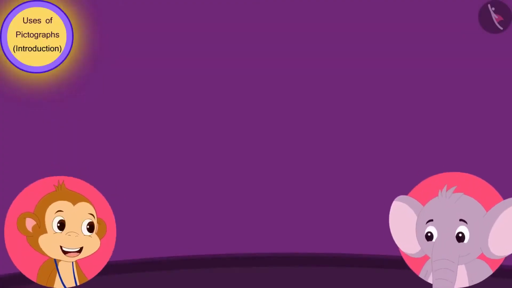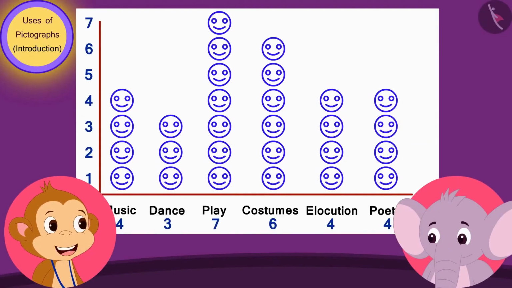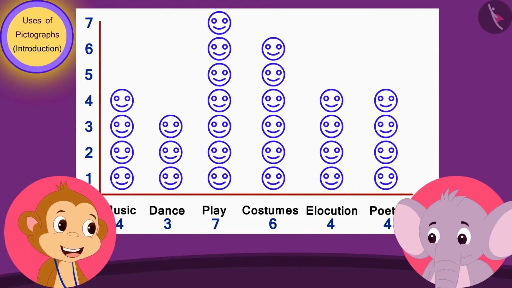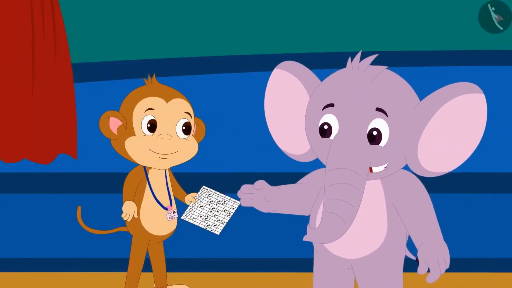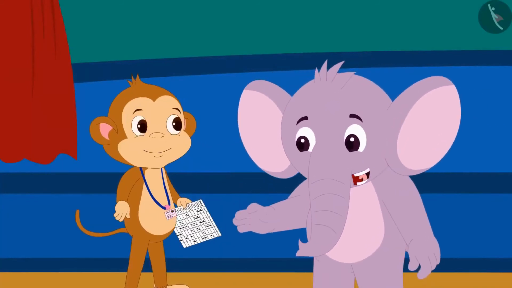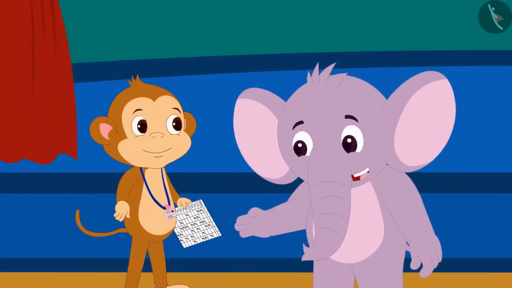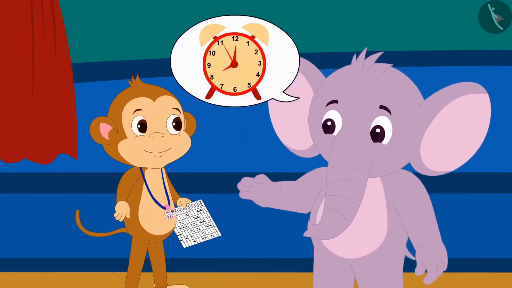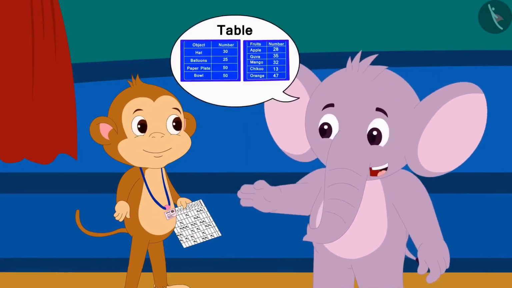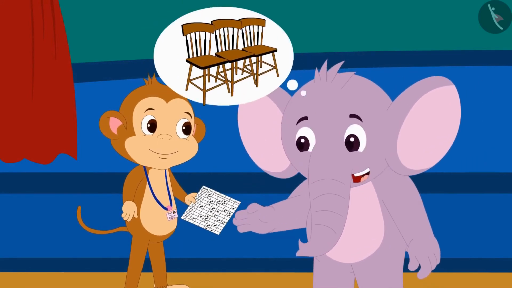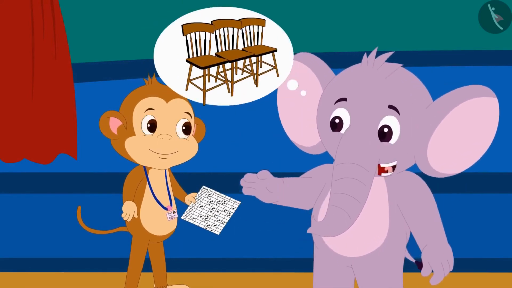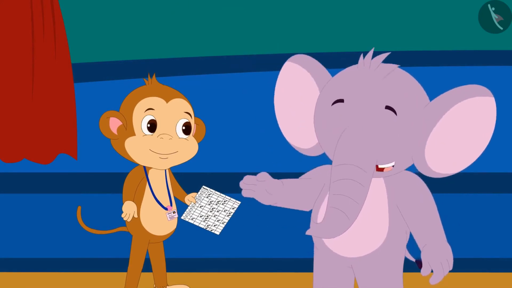But Appu, why did you make this pictograph when we have the table? Look, Babban, sometimes it can take us a long time to understand the numbers written in the table and draw some kind of conclusion from it, just like you were feeling now.